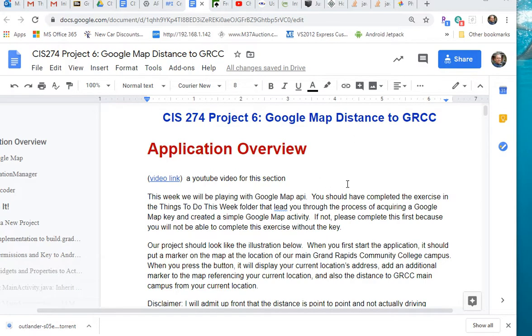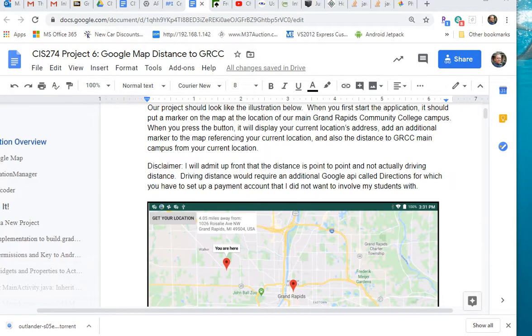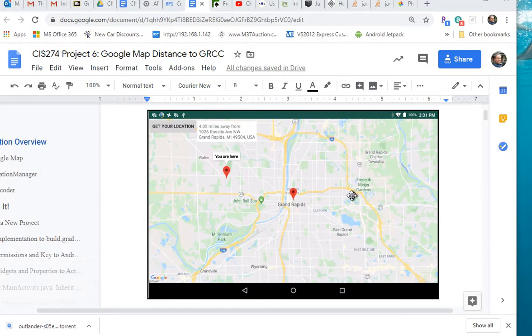For our project this week, we're going to be using Google Map. We're going to create this little application. It looks like this. When the program first starts out, it's going to show a little marker here where the GRCC main campus is. And then when we push this button up here, it's going to put another marker in here. It says you are here because it's figured out where our location is